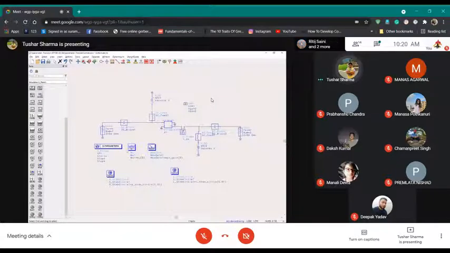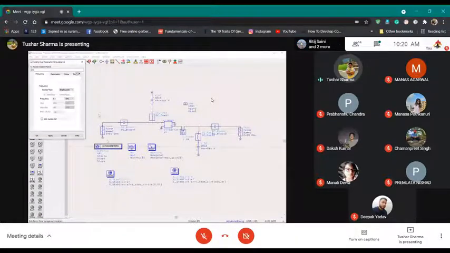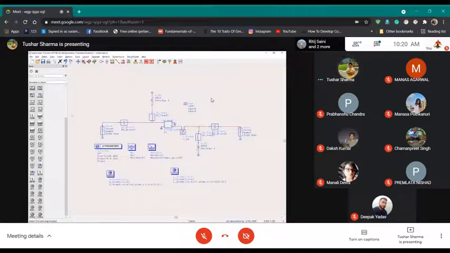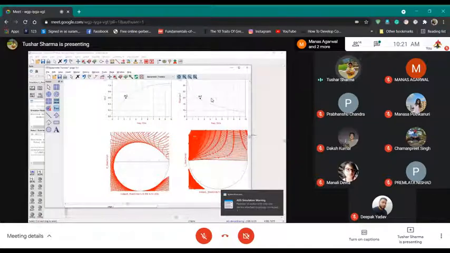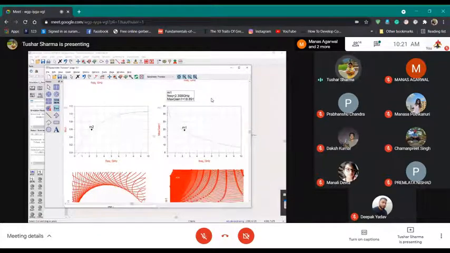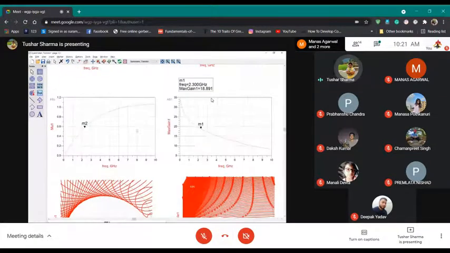So let's go back and set S parameters again to what it was, linear, from 100 megahertz to 10 gigahertz with a step size of 100 megahertz, and just run it again. Okay, so you see now we are getting the same thing. What we have to focus on now is that across 0 to 10 gigahertz, I want this mu to be greater than 1. And we have to stabilize our transistor.